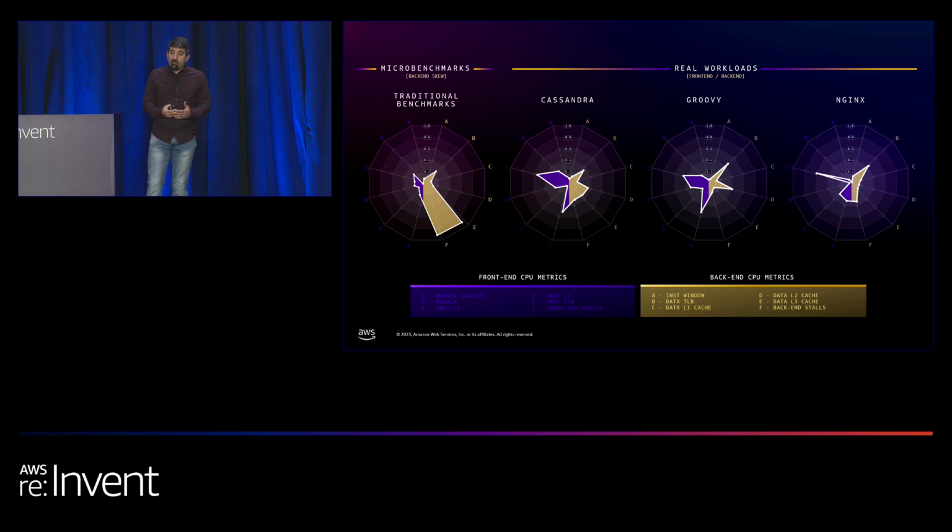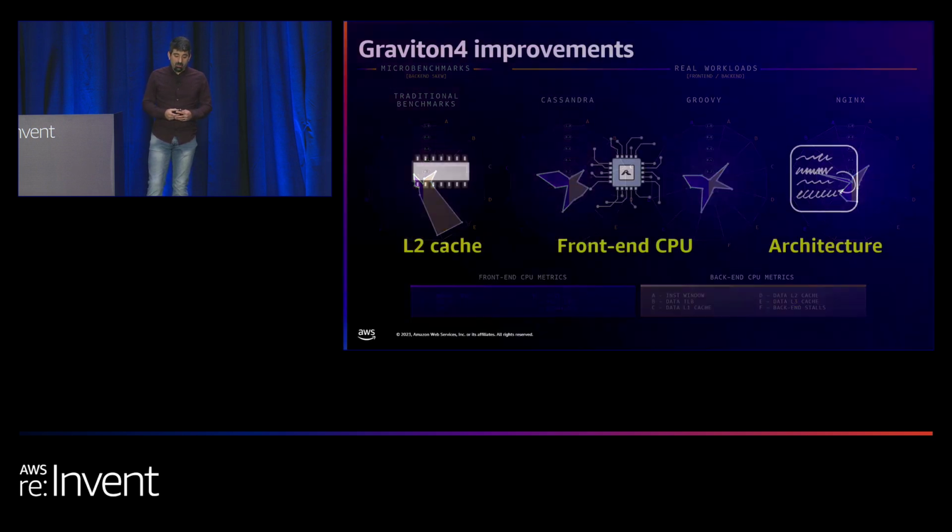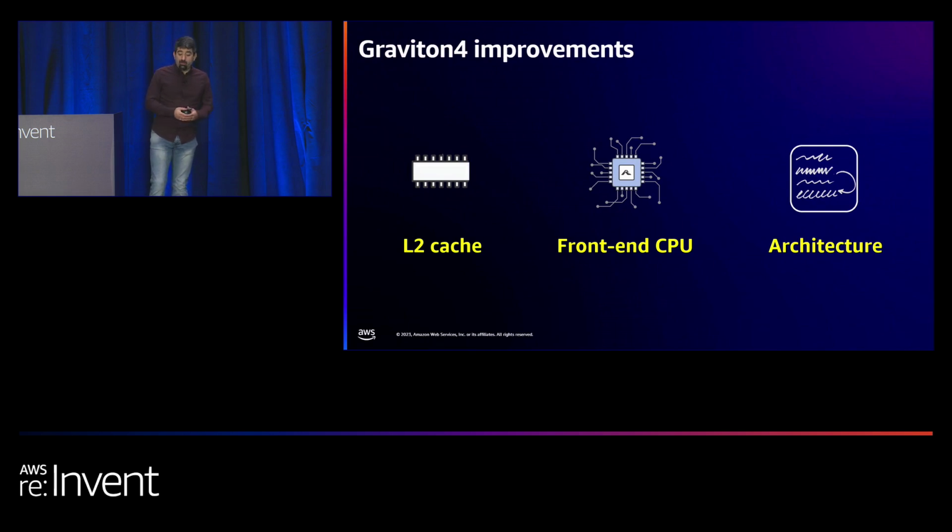And so with Graviton 4, we made a number of improvements to improve those workloads. The first I've mentioned before. It's that L2 cache being 2x larger. It fits more instructions. It fits more data closer to the core. The second is there are particular improvements in the Neoverse V2 core to predict branches better and to allow the processor to get more instructions to execute. And lastly,